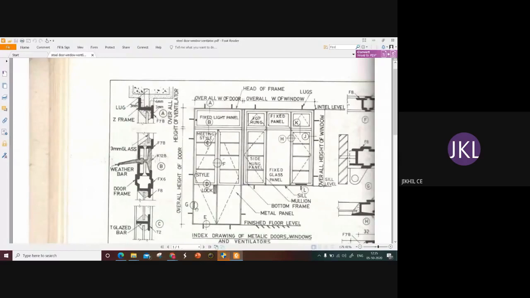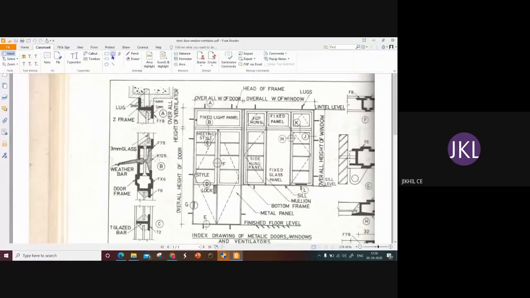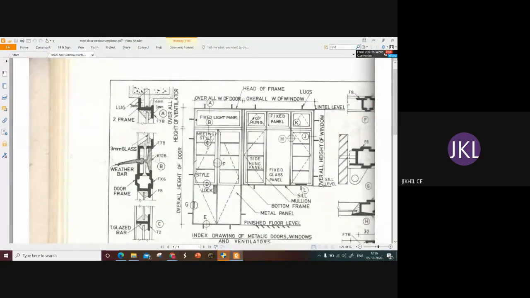So here we can see this region is the steel door, and we have the steel window, which is located side to the steel door, and we have the ventilators on the top of doors as well as on the windows.